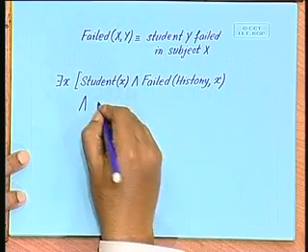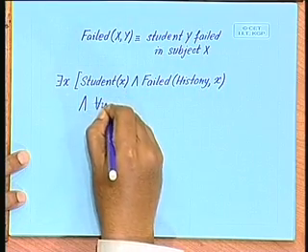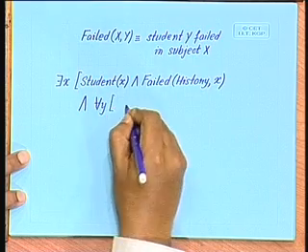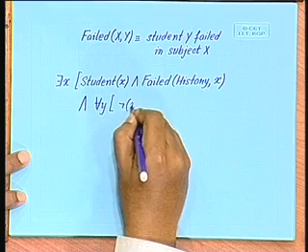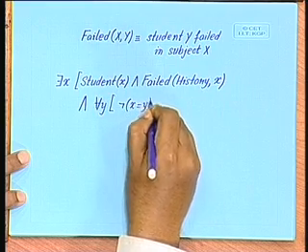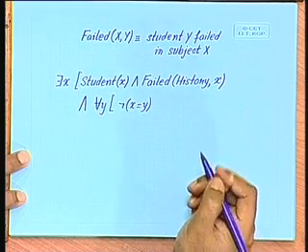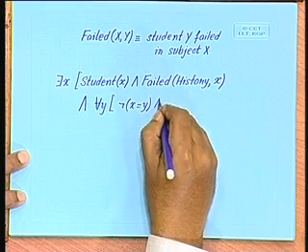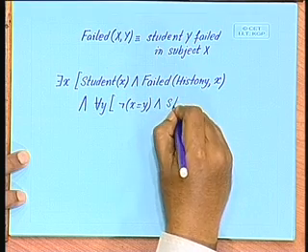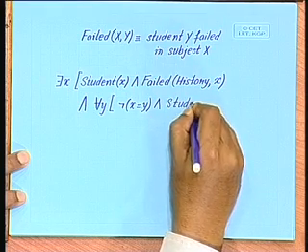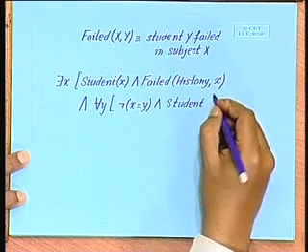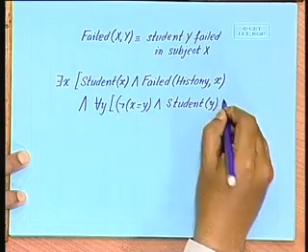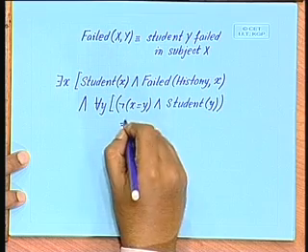So, we will say that for all y, right, and then not x equal to y, right, and student y, wait, we are coming to that, and student y, this whole thing implies